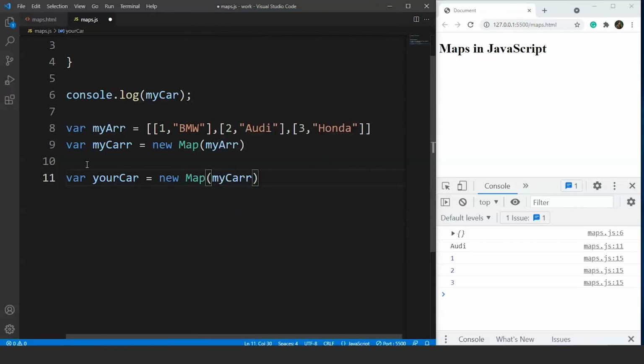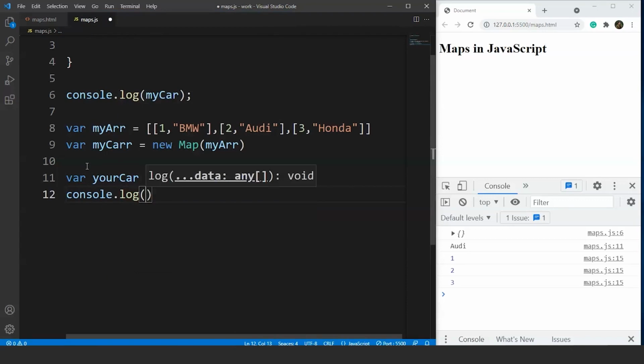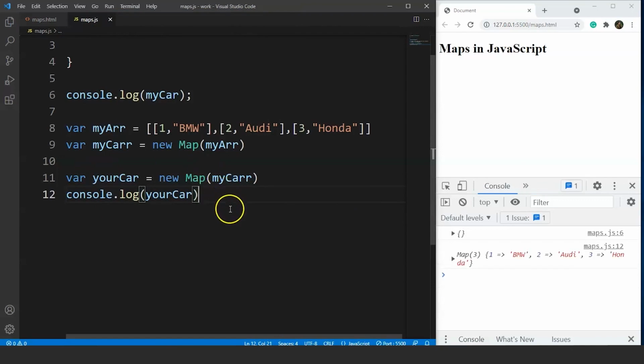Fine. Now we have a clone of our map here, and we'll write here console.log. Instead of myCar, we'll write here yourCar. Fine. Save it, and you can see we have a new map over here with the exact same key value pairs, right? We have 1 BMW, 2 Audi and 3 Honda.